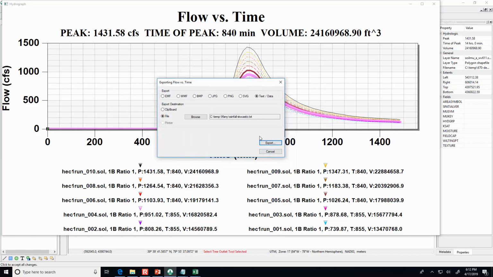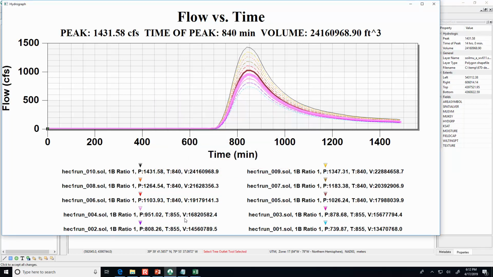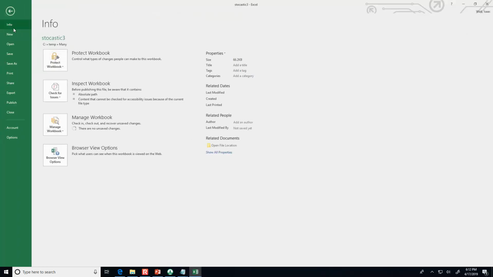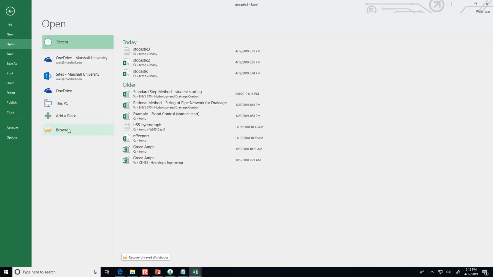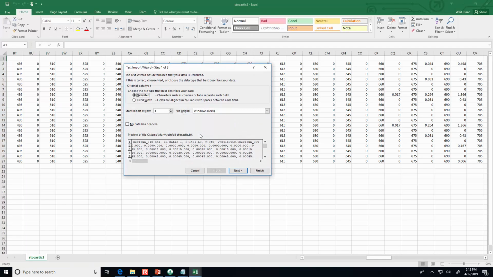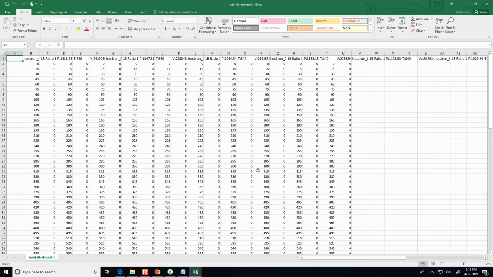I think what I want is a table with points/subsets. So open rainfall stochastic with commas. Yes, I think this is finally going to make sense.